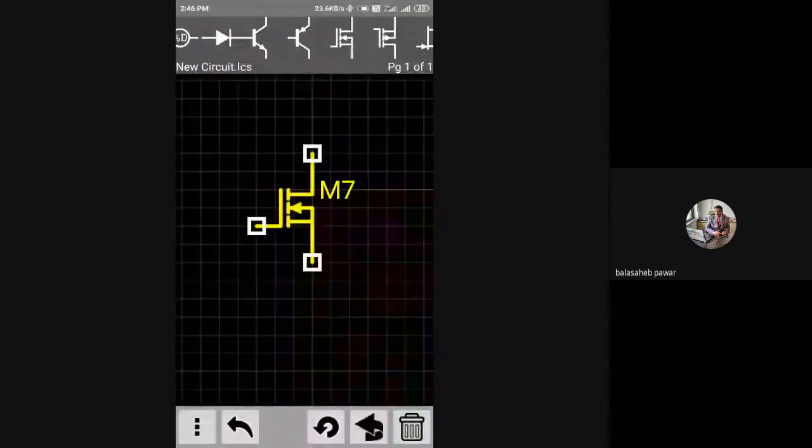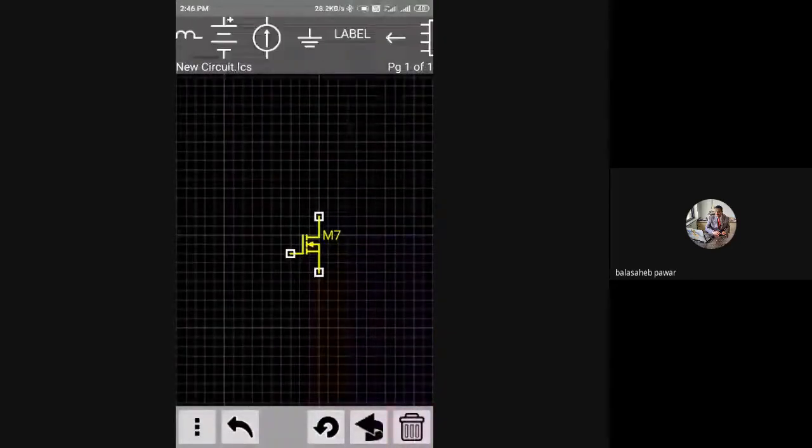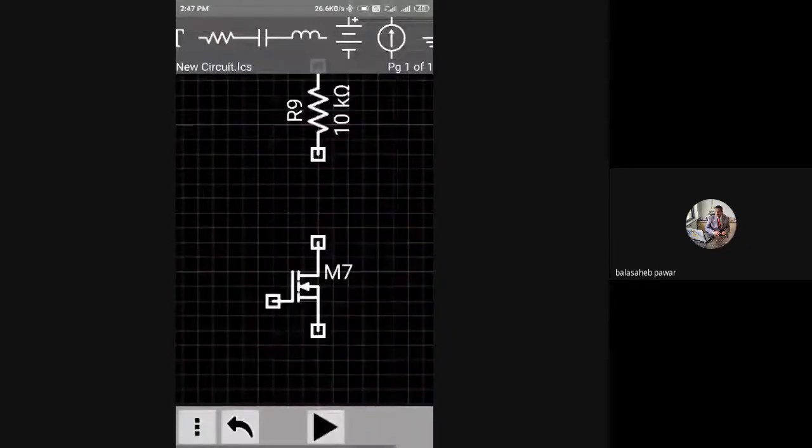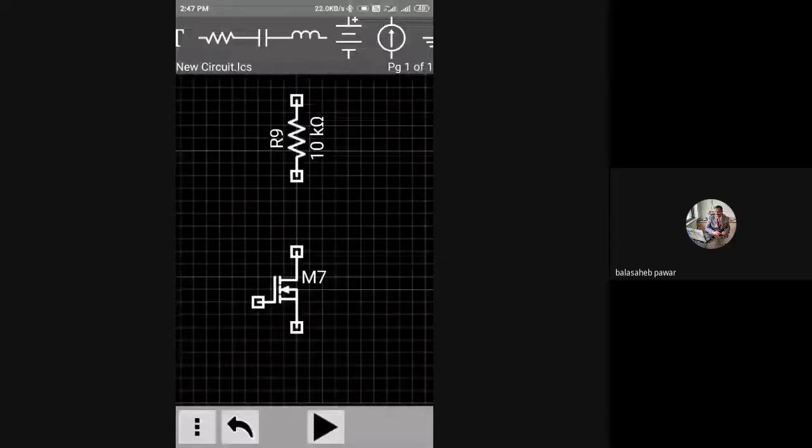Again, select the resistor like this, just place it, and there is one rotation knob. You can rotate it as per our requirement. Once you place it, just click outside so that instead of yellow it will become white. For the terminals which you have to connect, just click on the two terminals, and the wire will get placed automatically. So see, right?